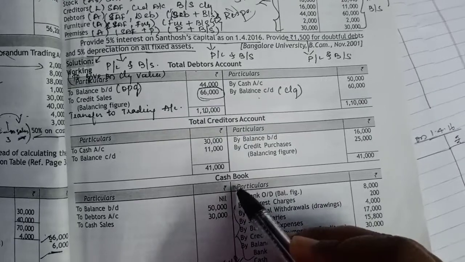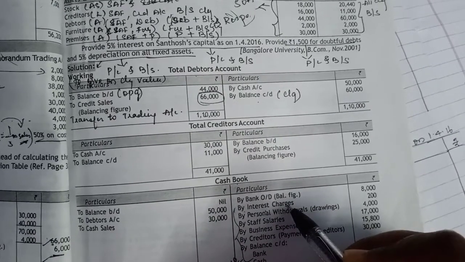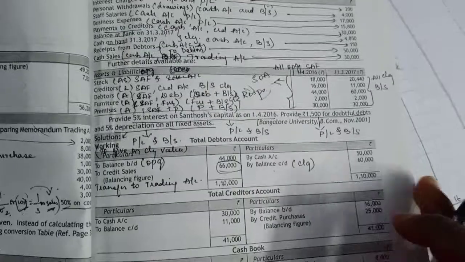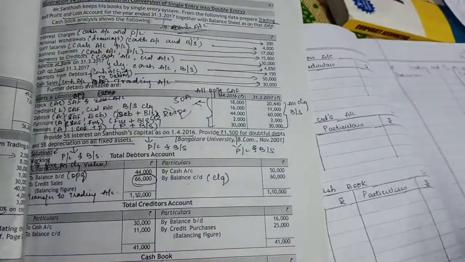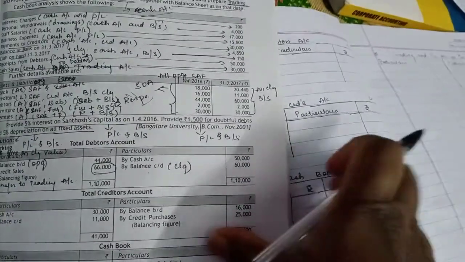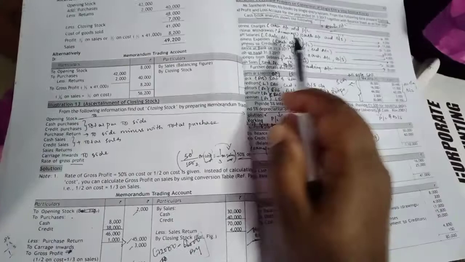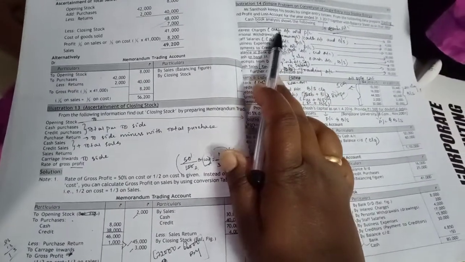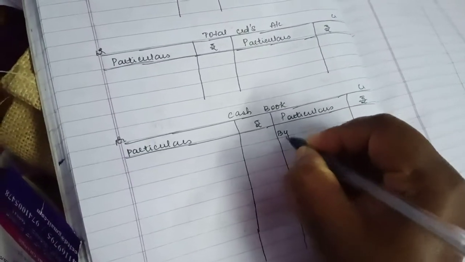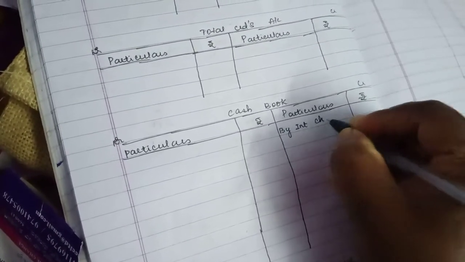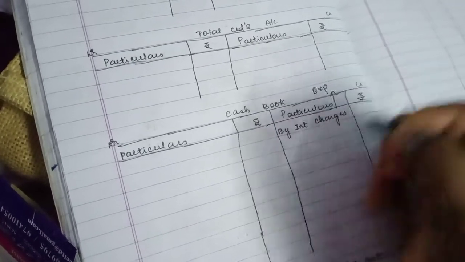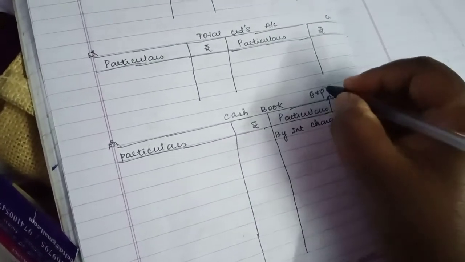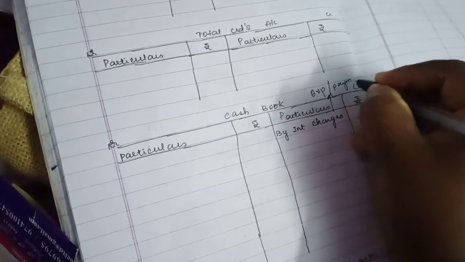Once you write in the cash book by interest charges, the second time it will go to the P&L account. Simultaneously I will show and tell the transaction and record it. I'll show you how to do it. So interest charges, cash account and P&L. In the cash account I'm going to write by interest charges. On the by side all the cash expenses will come. All the payments will come, expenses or you can say payments.